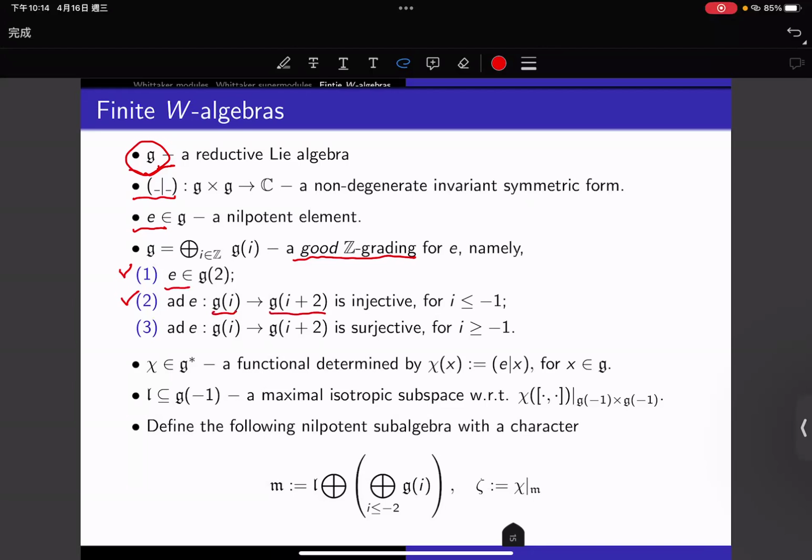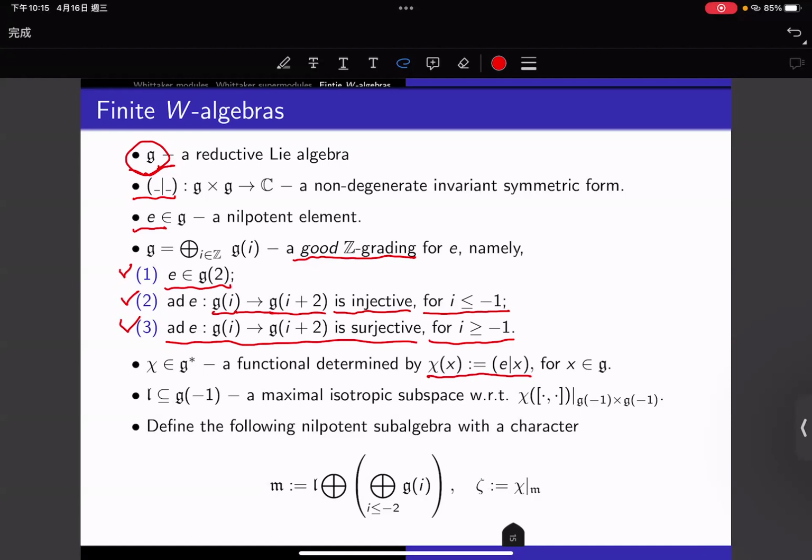Since E is of degree 2, its adjoint action is from G_i to G_{i+2}. And the second condition is that this is injective for any i less than or equal to -1. And the third condition is that for other cases, this adjoint action is surjective. And we define a functional chi by putting E in the first variable of this symmetric bilinear form,